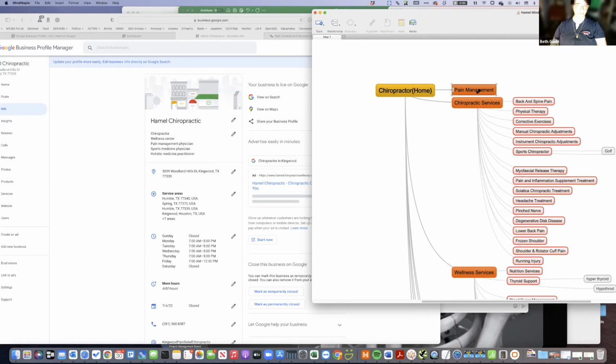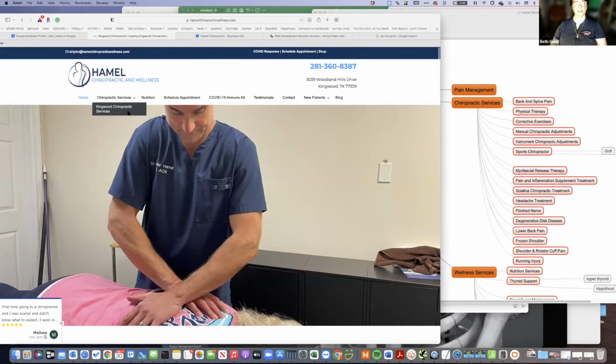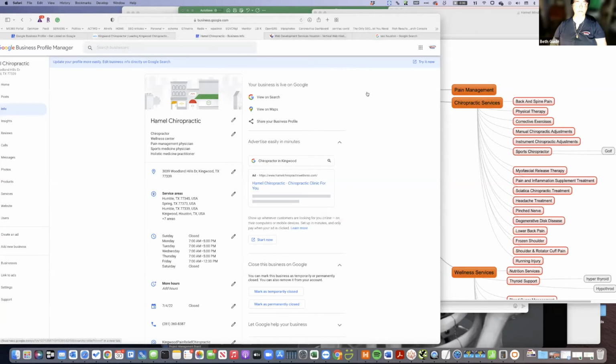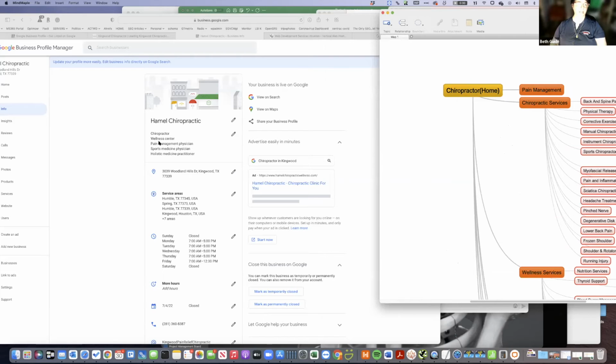So the orange will sit on the website here. These categories here will match these categories here. So I want you to understand that this is not arbitrary, or I'm saying do something and then not. So these orange boxes match these here, with chiropractor being the main one. So you can see I've got chiropractor there as the main one. And then I've got the other orange ones live here. So those are the categories, and you see that.